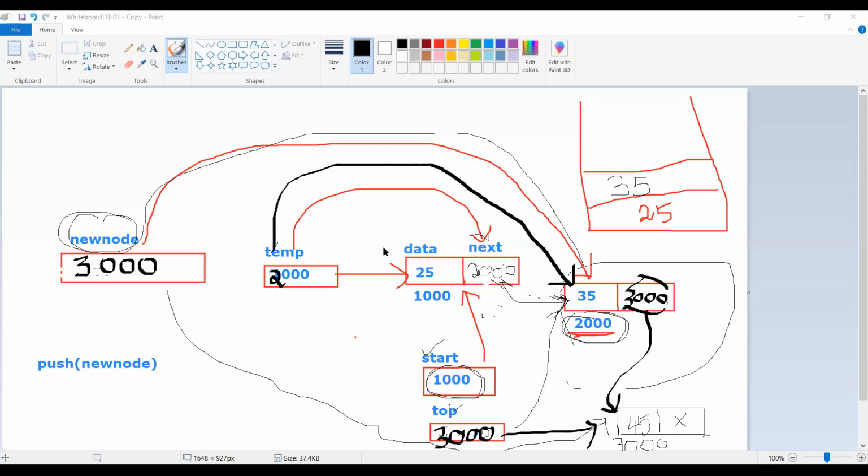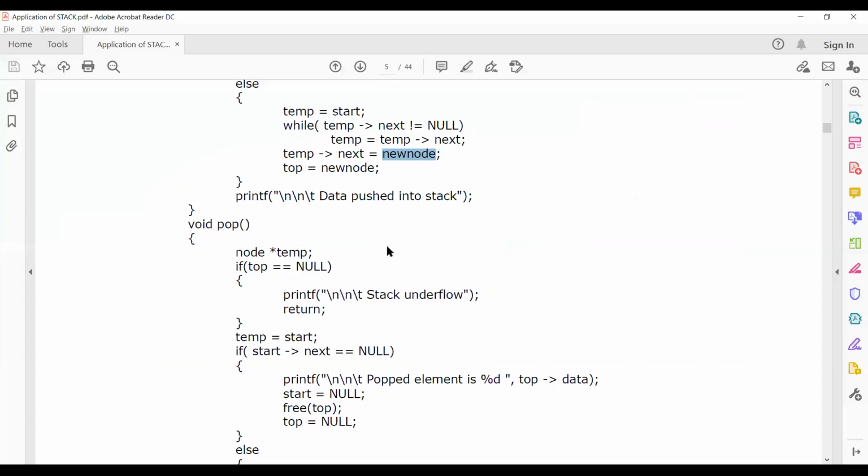Let me go back to the coding. Right now I didn't do the intermediate position in this example, inserting the element in the intermediate position. For simplicity, I have taken only the node insertion in the stack.